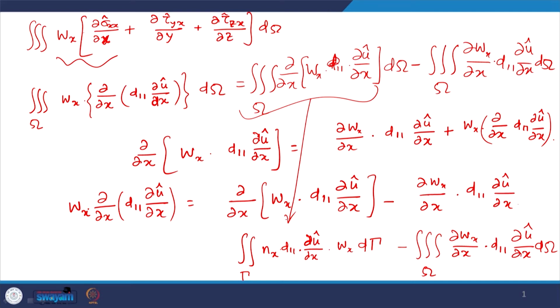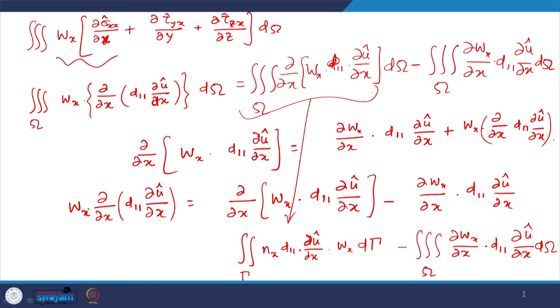That boundary term comes by invoking the Gauss theorem or Green's lemma, and this is the partial derivative with respect to x. So, the domain integral is transformed into this particular integrand multiplied by the respective direction cosine. If it is a derivative with respect to x, it will be the direction cosine with respect to x of the outward unit normal.